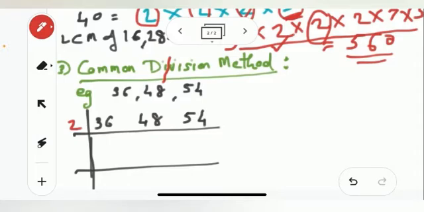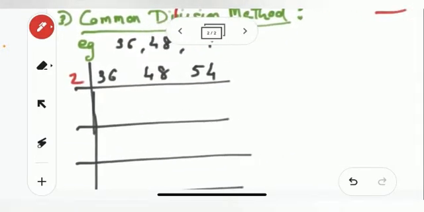Now how do I know that 2 will divide? Because if you see the units place, your 6, your 8 and your 4, they all are even. That means it will go in the table of 2. So I'll be writing 2 1s are 2, 2 4s are 8, 2 2s are 4, and so on. So this is the quotient I am writing. I'll write all the quotients below the corresponding number, that is 36 becomes 18. That way I'll write it one below the other. Now again I have to find the number which is common for all of them and which will go in the same table.